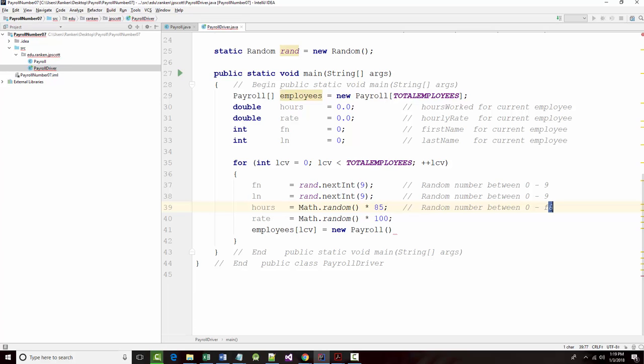So 0 and 84. And this, ideally at least, will create a random number between 0 and 100. So I'm constantly creating a new one in here. So this will then be